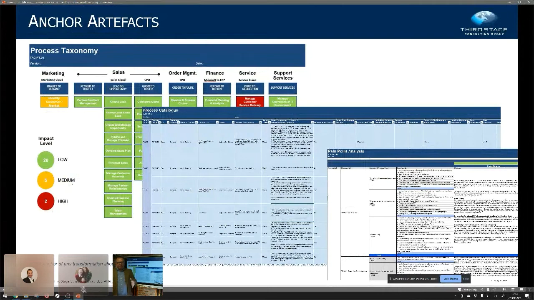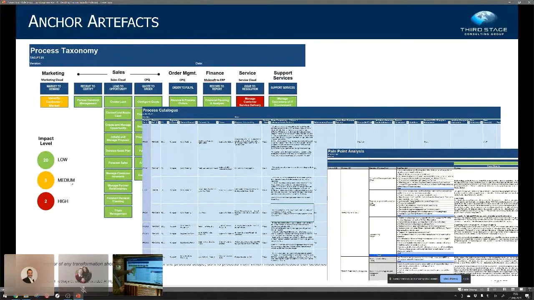Some organizations try to start with the technology, and that is nearly always a mistake, because it's much easier to think of work to be done and outcomes from work than it is to think of technology that does some work and what happens if we change it. And in fact, a lot of organizations leave benefits on the table because they try and think of a different way of using technology to do the same outcome, rather than think about the outcome and say, well, actually, wouldn't it be better if the outcome was this rather than that?